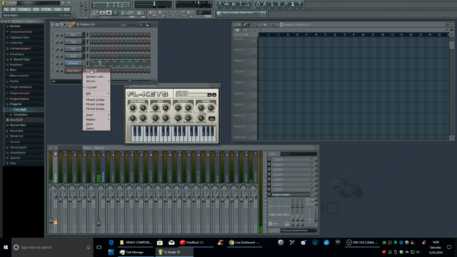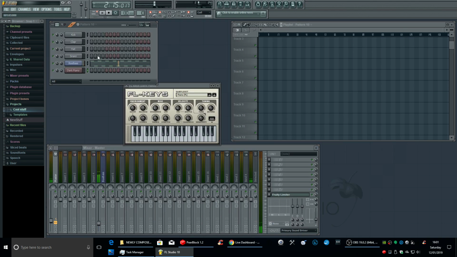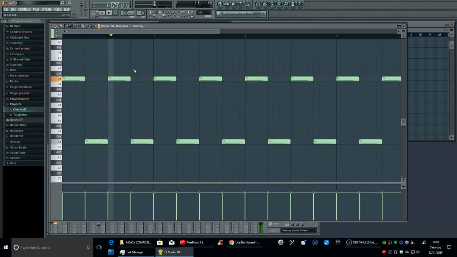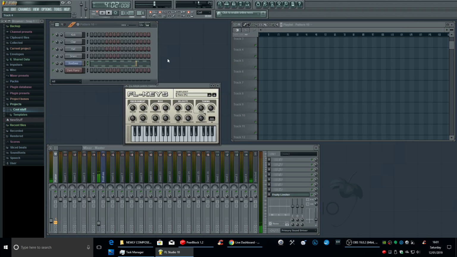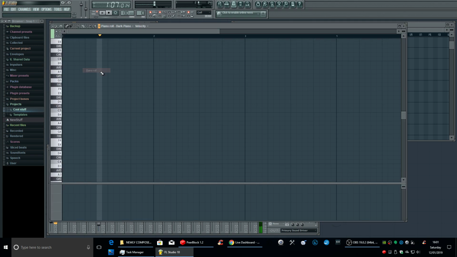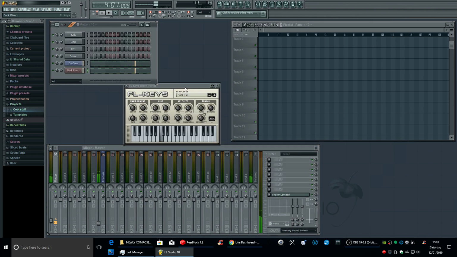Right click on the piano roll, select piano roll. Now if you wanted, because your brain might be slow like mine, and you might think, I need inspiration from the same tune I've got, you could come back in here, press Control and A to select all, press Control and C to copy, right click on your piano roll, Control V to paste, and then you've got the piano.